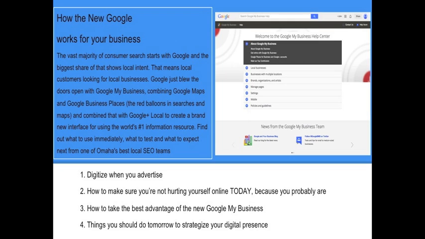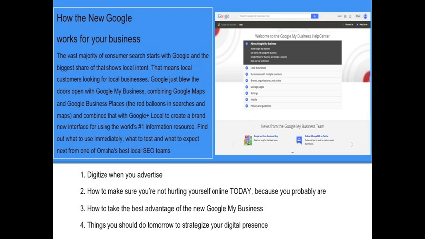I dare say this is just about as important as your website, particularly in local search, and if you are a brick-and-mortar business. This is geared towards the brick-and-mortars, but there are lessons that come out of this that apply across industries and different business models.